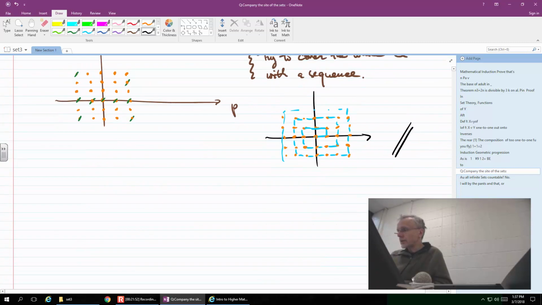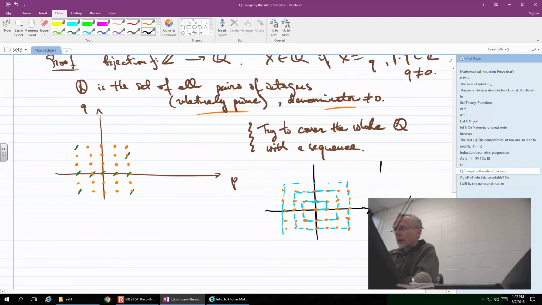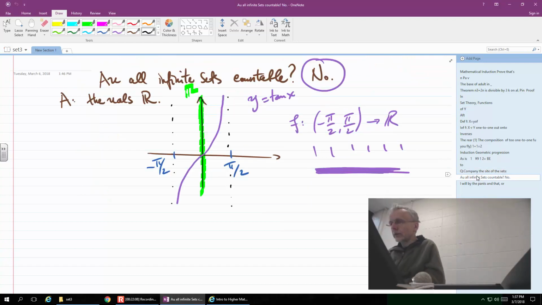It's also a good exercise to take this picture and write it as an algorithm. You can even do it with like an Excel. How do you make it go spiral? Okay. Okay. So now